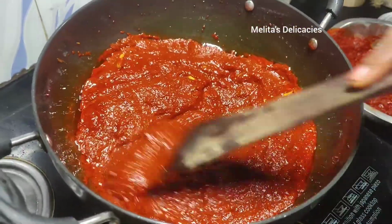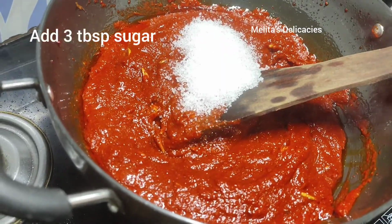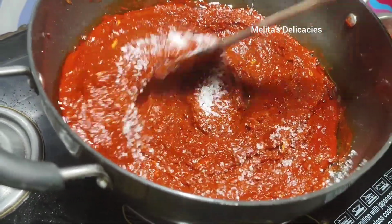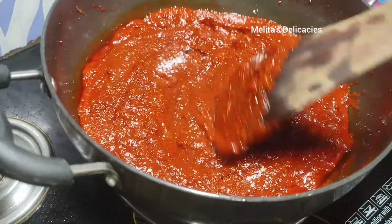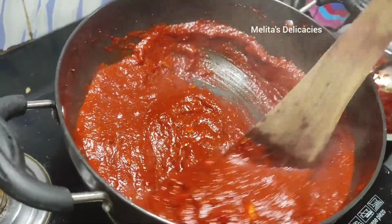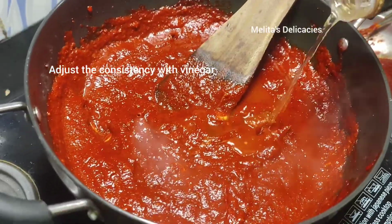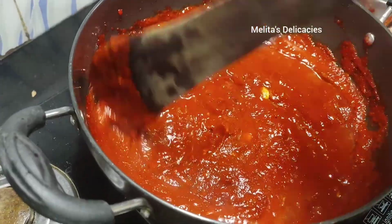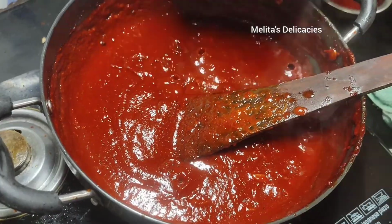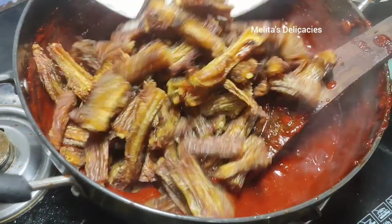Then do the taste test and check if the masala is well cooked. Now at this time, add about 2 to 3 tablespoons of sugar and let it get cooked into the masala. Adjust the consistency with some more vinegar if needed and continue cooking it for about 8 to 10 minutes. Do the taste test. If the masala is well cooked, then add your fried Bombil